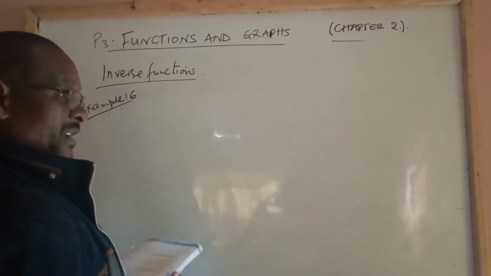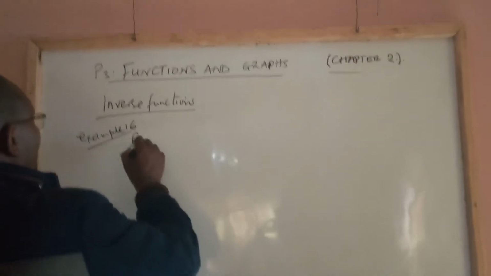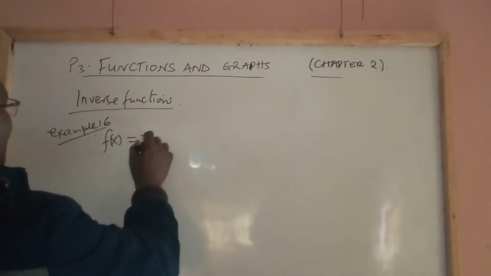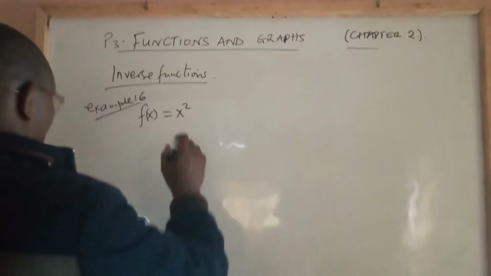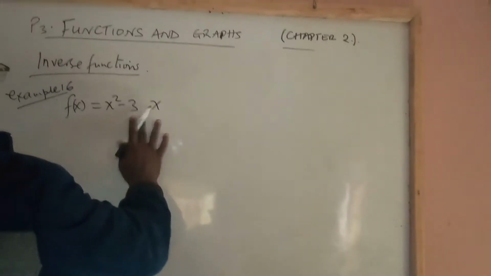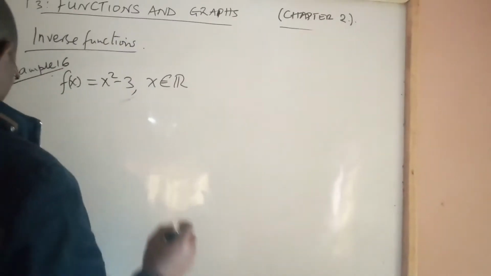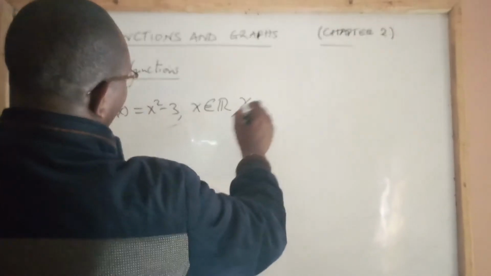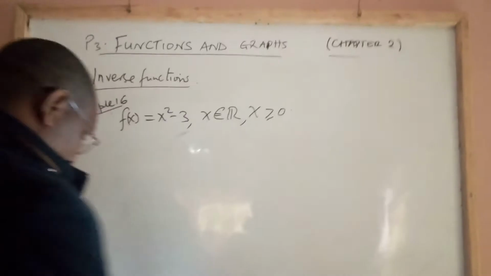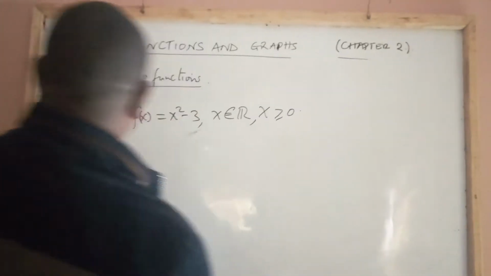In example 16, we are told that the function f of x is defined by x squared minus 3, where x is a real number and x is greater than or equal to 0. Somebody wants us to find the inverse function of f(x)